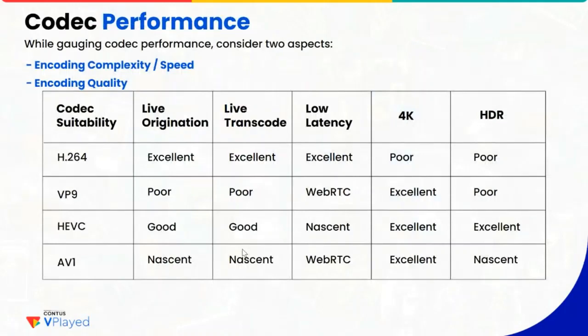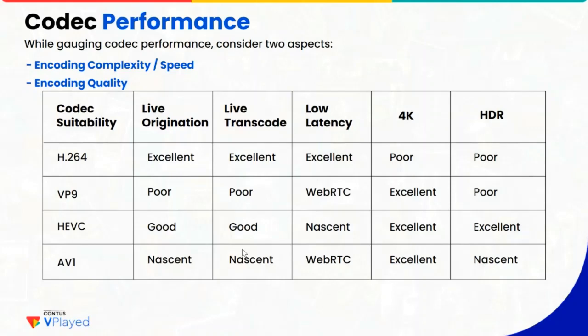The next topic is all about codec performance. Why is H.264 still the king? In case you are going for live streaming, or you just want to do a live transcode, or you want to meet a regular type of audience, obviously H.264 comes into place. What do I mean by regular type of audience? It's the people who have standard devices with a decent amount of bandwidth; for them H.264 comes into place. But when coming to high bandwidth devices, obviously HEVC or VP9 comes into the picture. Still, they have some limitations across platforms compared with H.264.